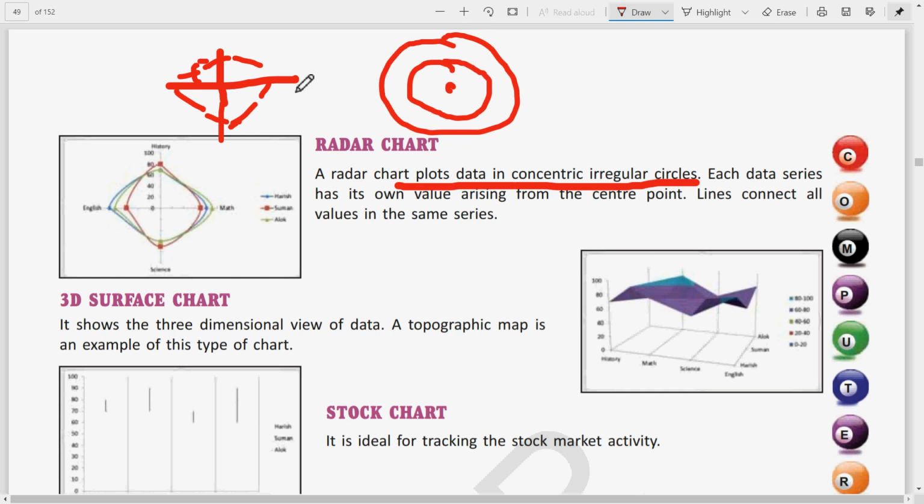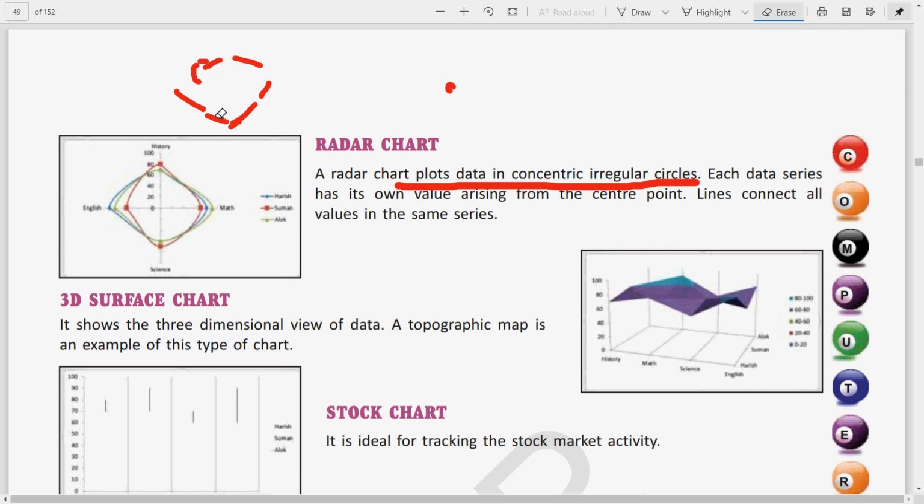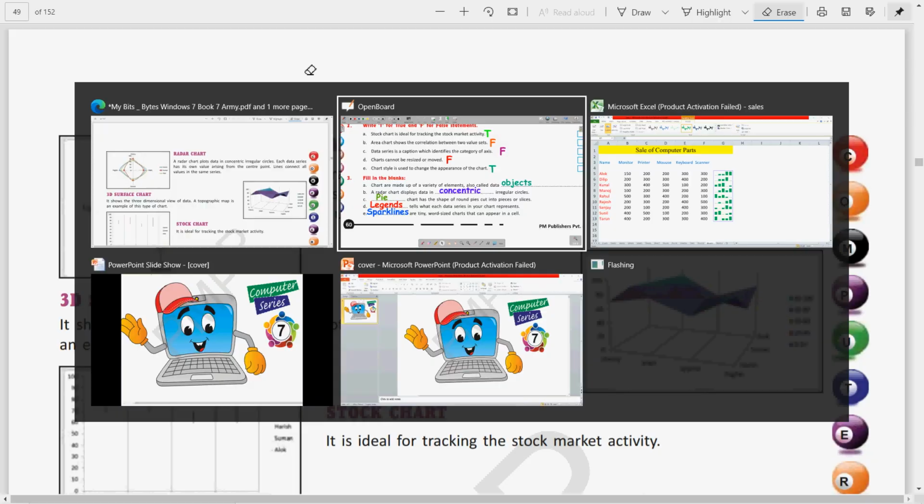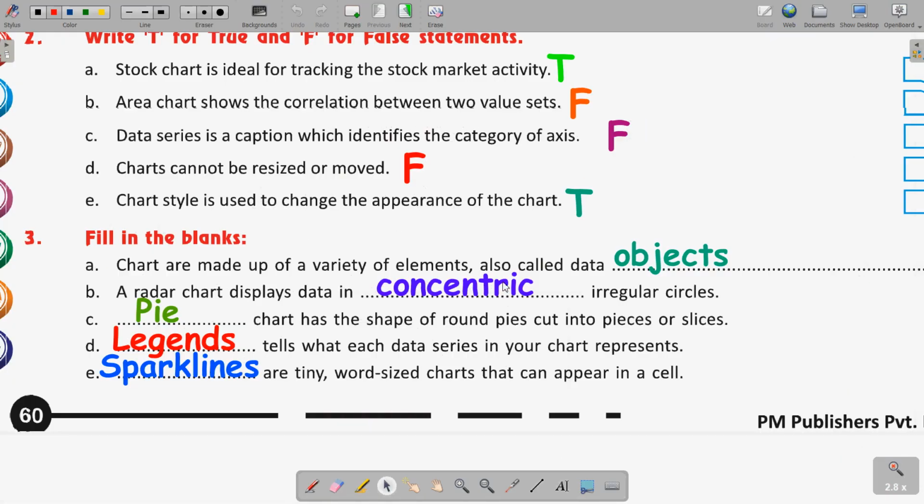Clear? In the same way, here are the different irregular circles, you can say. So the answer of this will be concentric irregular circle. Okay, let us erase this. So the answer is concentric irregular circle.